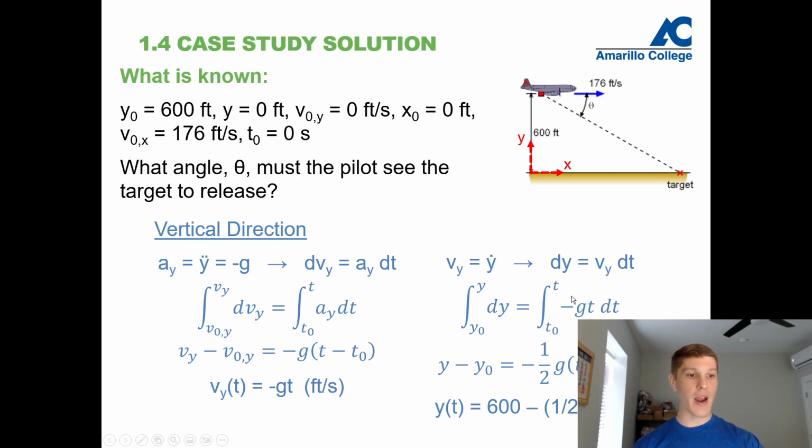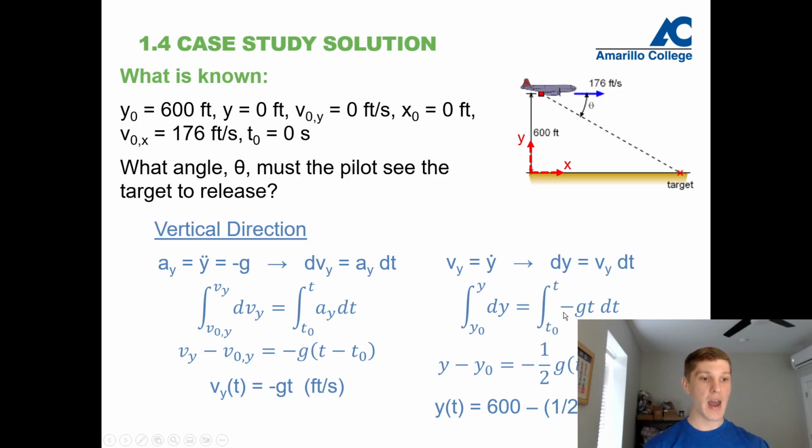We can then integrate this equation or this relationship here. So we can say that the velocity in the y direction is dy dt. I can multiply my dt through. I can integrate this and evaluate at different times. So I'm integrating from y naught to y of dy, and then I'm integrating from some initial time to some final time